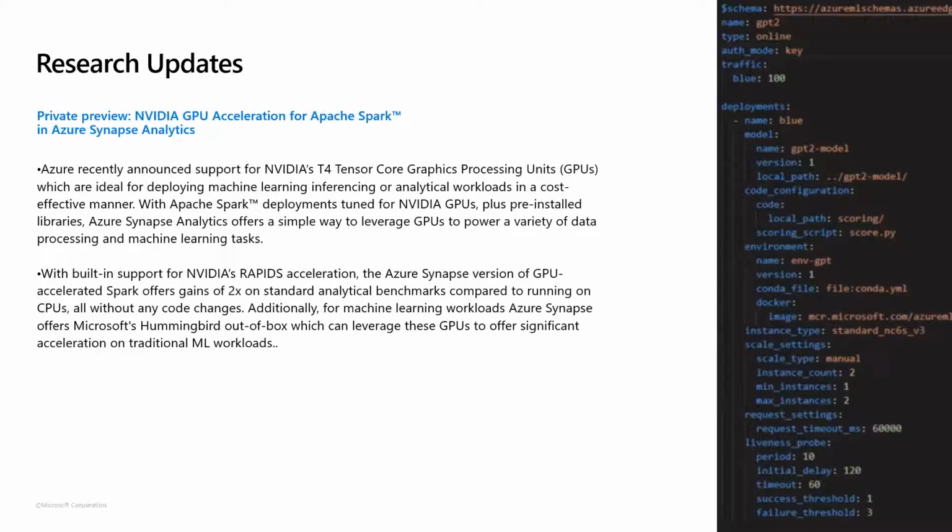So I already talked a little bit about Synapse Analytics and what an amazing tool that is. Well, we just made it better by adding GPU acceleration for the Spark clusters in Synapse Analytics. So if you want to use some of these really heavy duty GPUs to do your inferencing or anything to that nature, you now have the ability to take advantage of that right inside Synapse using the Spark clusters. Again, I'm not trying to wow you with a whole bunch of "oh wow, nobody's done that before." Well, maybe the